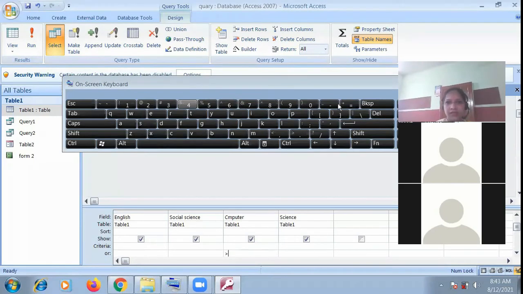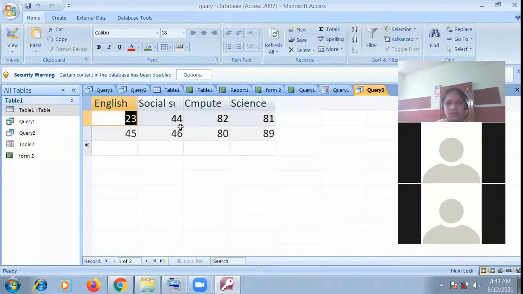Then let's give 60 and run it. So we can extract the data, or we can filter the data from one or more tables in a query only.